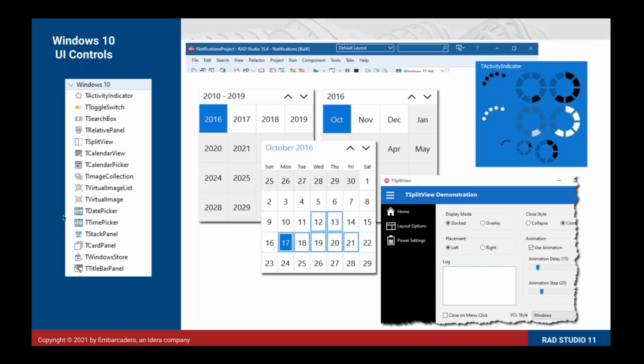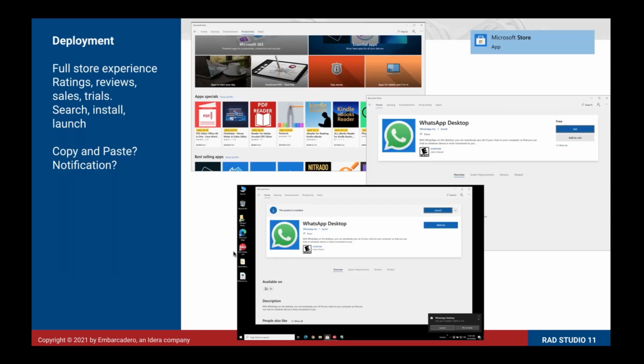The other parts, obviously, things like the Windows Store, there's a component directly in there for integrating and working with that, which is pretty awesome. So talking about the Windows Store, when it comes to deployment, we've got the component in there for enabling you to do in-app purchasing, to enable trials and sales and so on. So rather than having to manage licensing and trialing your software and allowing customers to do different bits, the Windows Store is a very good store for publishing your apps into.